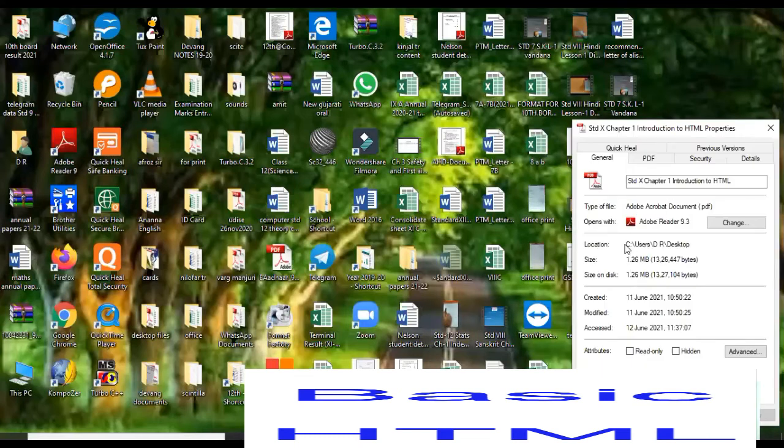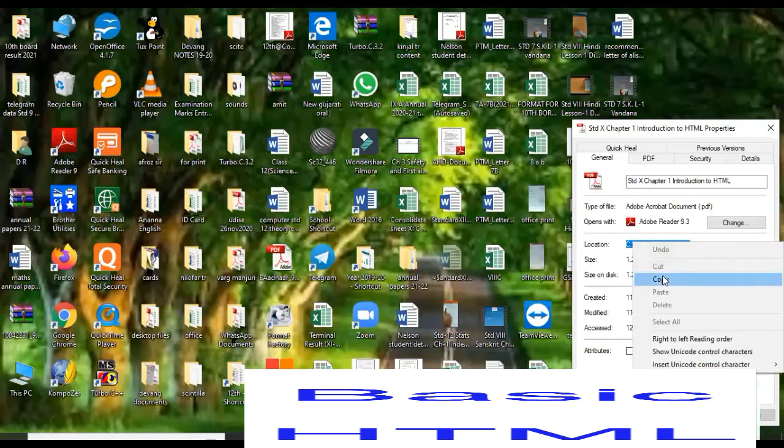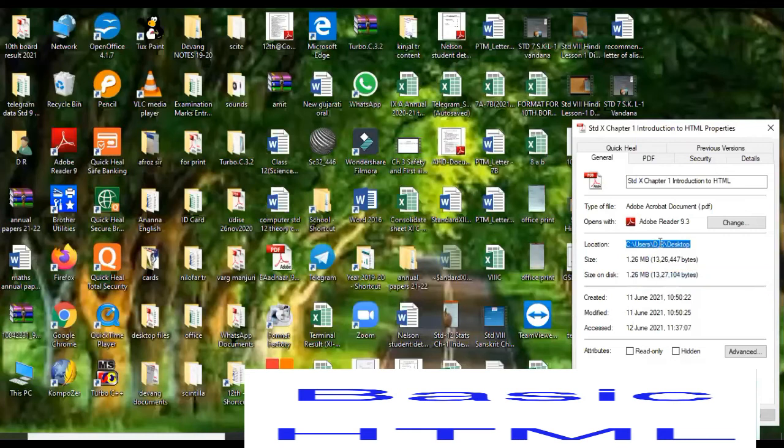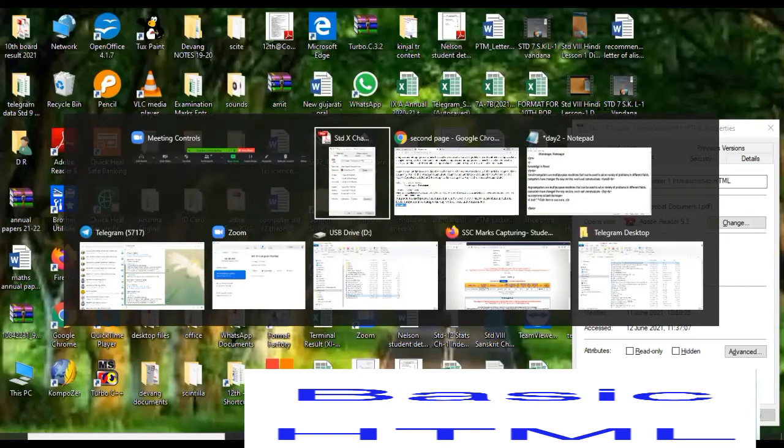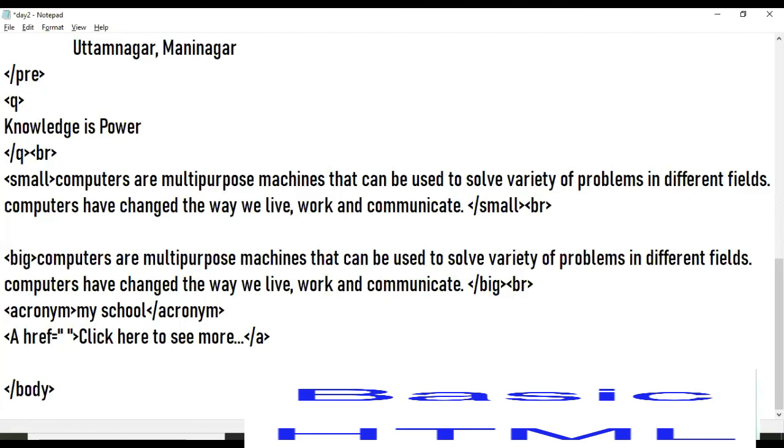First of all, select the location and copy it. See this properly. After selecting the file, right click on it, then go to properties. In properties, you get this location. Right click, copy, and then paste it here.